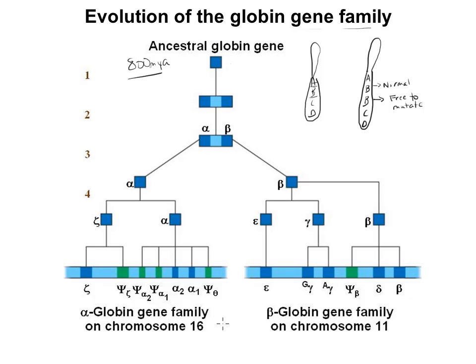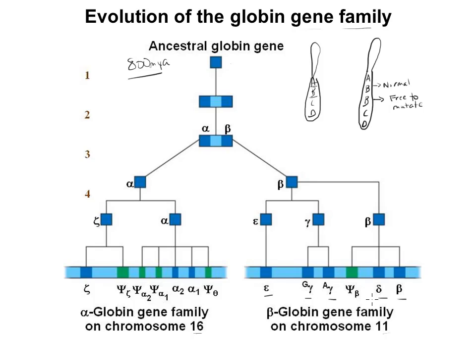If we look at the globin genes that are present in the human genome today, what we would see is that there are 2 separate clusters of globin genes. What's referred to as the alpha globin gene cluster, and that's on chromosome 16 in the genome, and the beta globin gene cluster, which is on chromosome 11. And if we looked more closely, we're just going to look at the beta globin gene cluster just for the sake of simplicity. What we would see is that there are 1, 2, 3, 4, 5 globin genes in this